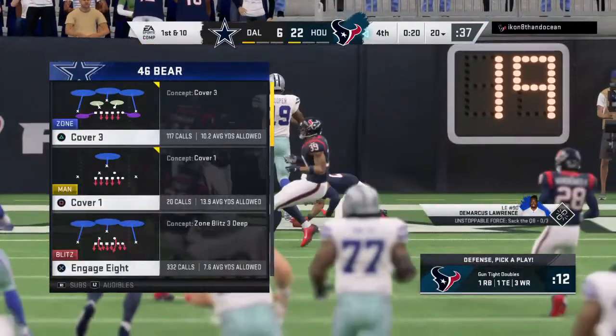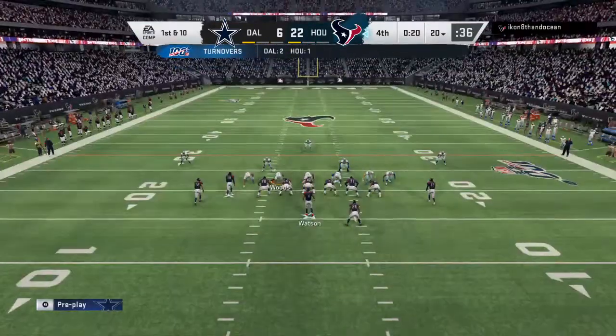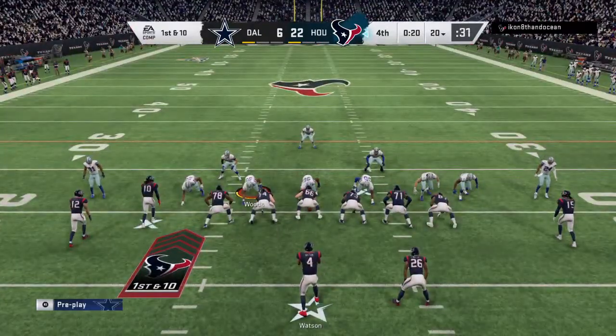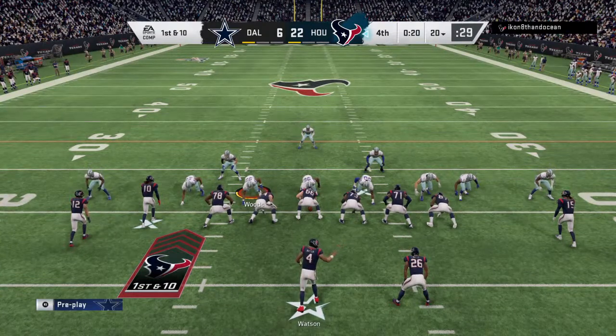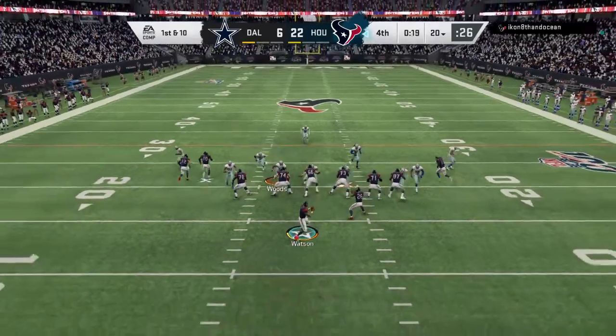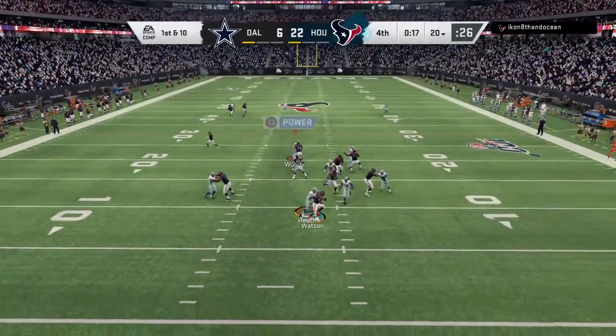So many times we end a game, and as we're recapping it, we're talking about what offenses did and how they won the game. Let's flip this one over. The defense, they frustrated the offense the entire ball game. That's why they're walking out of here with a victory. And they're going to love to walk out of here with that as their final act, that interception. Good way for them to...